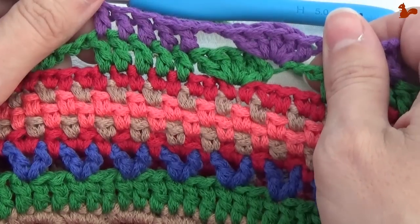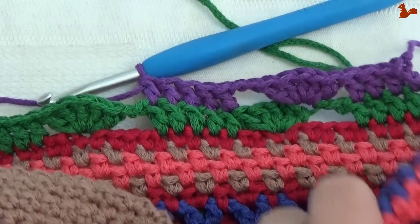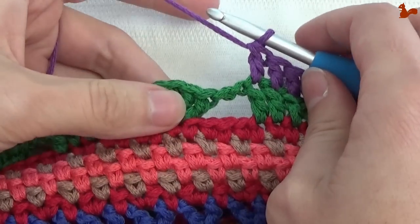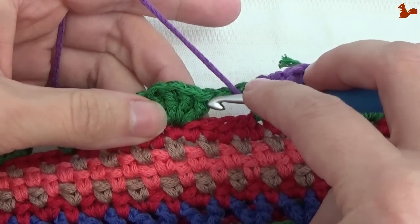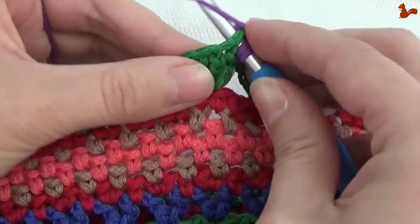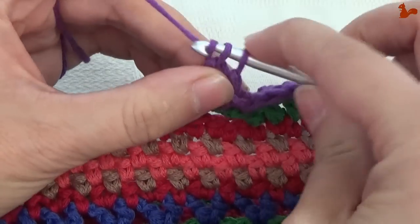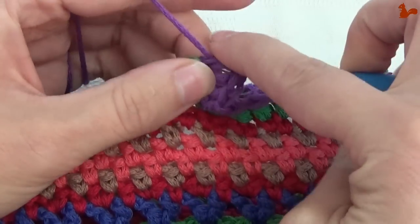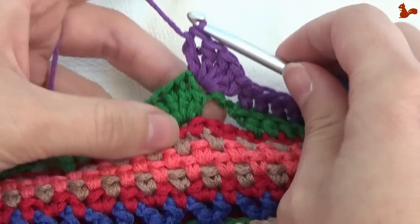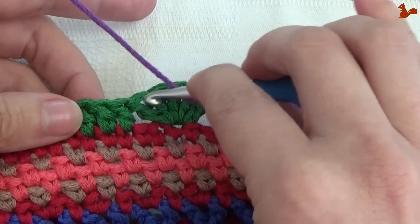So now I'll show you once more, because we're going to start immediately with the cluster. Just move my work a little bit, because it's getting a bit big and cumbersome in front of the camera. There we go. So I'll show you the repeat once more. I'm going to make 5 double crochets in this first stitch here. That's 1, 2, 3, 4, and 5 double crochets. Chain 2, skip the remaining 4 double crochets from the cluster